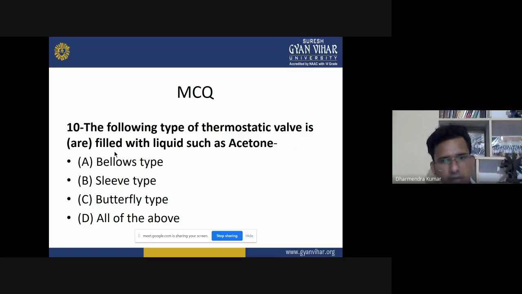If I summarize this chapter, then in this chapter we have learnt about what a cooling system is, how it is beneficial for any automobile or any type of vehicle, either a goods vehicle or a passenger vehicle. The types of cooling system: we have seen the two types, air cooling system and water cooling system. We have seen various advantages and disadvantages of the air cooling system and also the water cooling system.